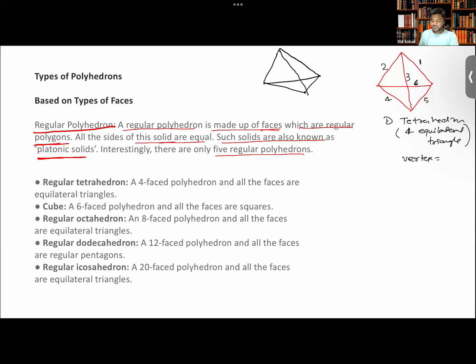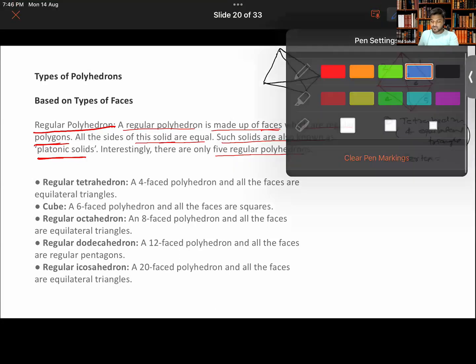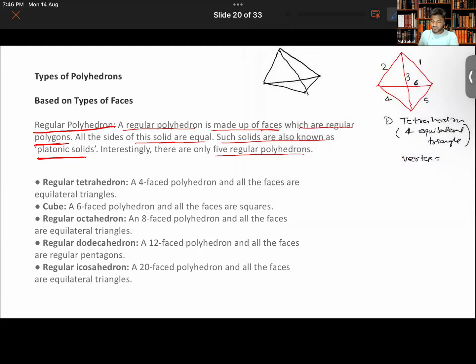Can you guys have a better visualization now? I'm talking about the vertices. This 1, this 2, this 3, this 4. There are only 4 vertices here now, where basically the edges are